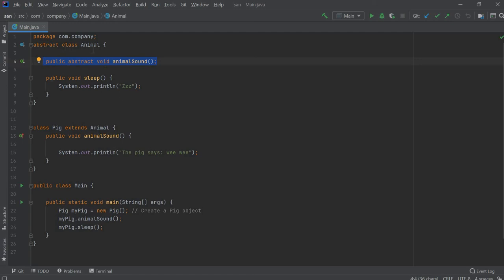So here my abstract class is Animal and the abstract method is animal sound, and I'm going to inherit this class which is Animal. So class Pig is the class which is going to inherit from this class, meaning it can use any method or any variable from here.